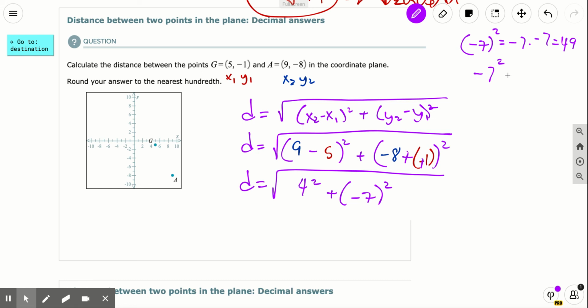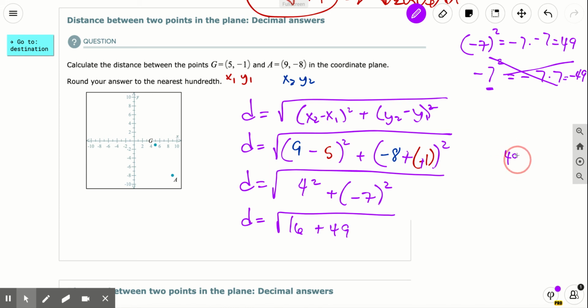Negative 7 squared is equal to the negative of 7 times 7, because the base is only 7. And the answer to this is negative 49. This is not the one we want. We want this one, so it's positive 49. So 4 squared is 16. This is positive 49. 49 plus 16,